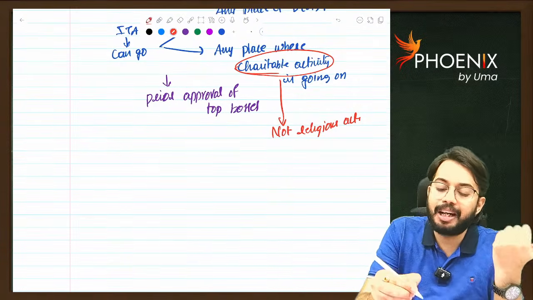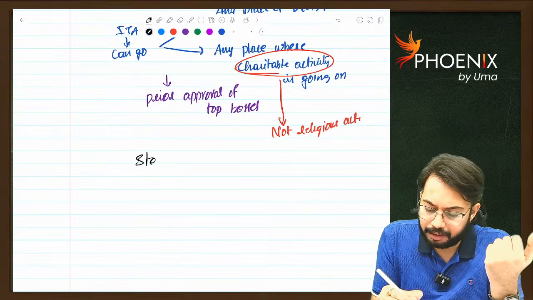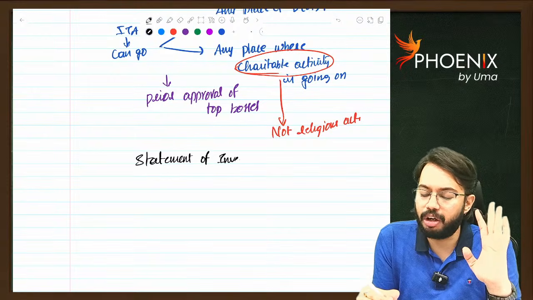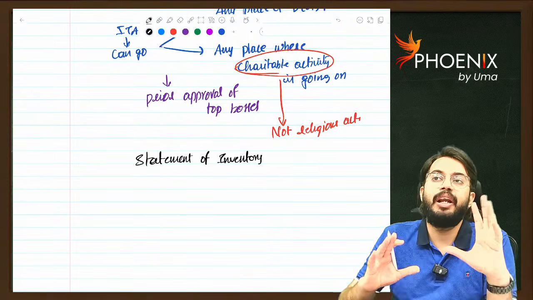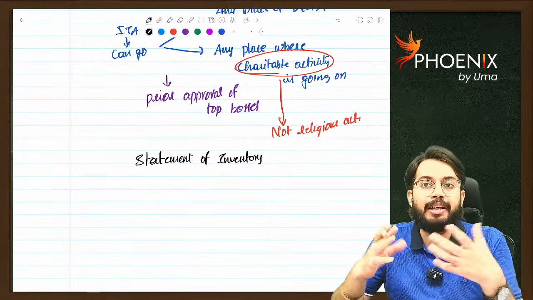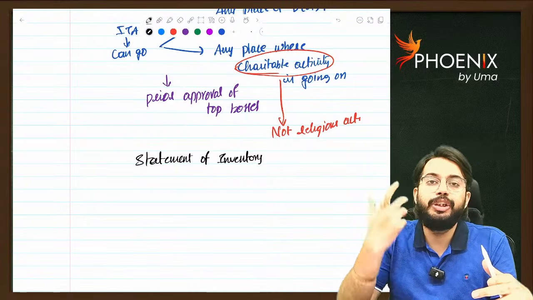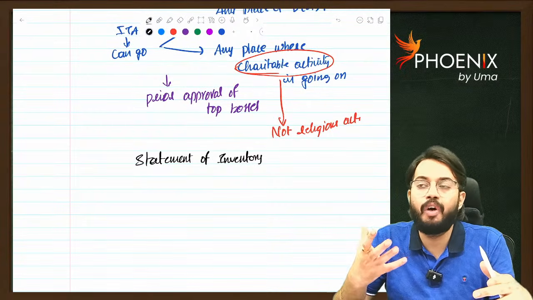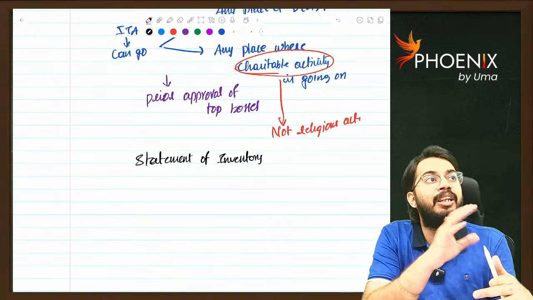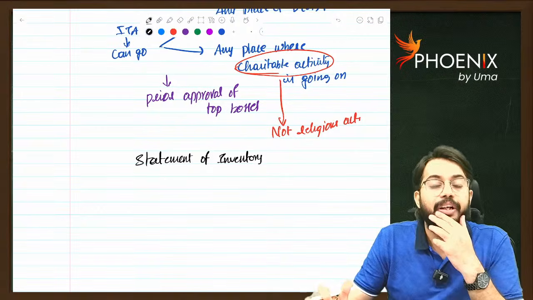And what will the income tax department do? It will prepare a statement of inventory. Here inventory means not stock. Whatever the gold, jewelry, arts, and whatever the costly items that are there in my business, all of them they will prepare a list. What are all the jewelry that I am having, what are the gold, whatever the precious metals that I am having, whatever the assets that I am having, whatever the stock that is there, whatever the cash that is there, they will prepare a statement of inventory.